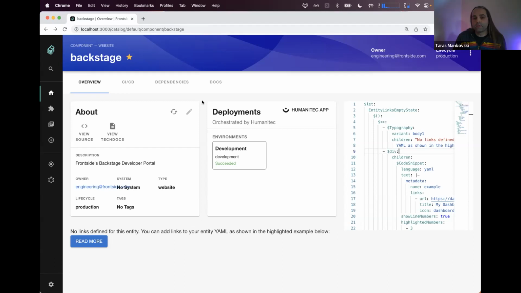I think being able to declare the UI of Backstage as data is the biggest thing that we can provide to our users, because we have the possibility of making Backstage kind of like spreadsheets, where you don't have to be a programmer to add functionality or customize it to your needs